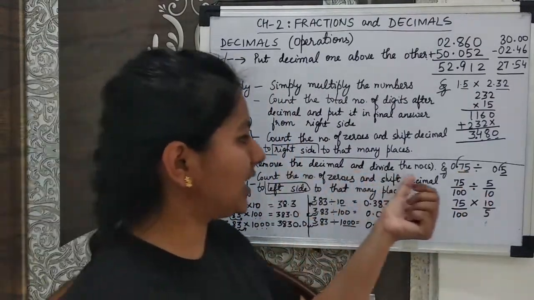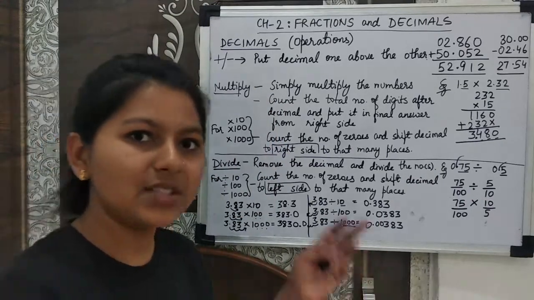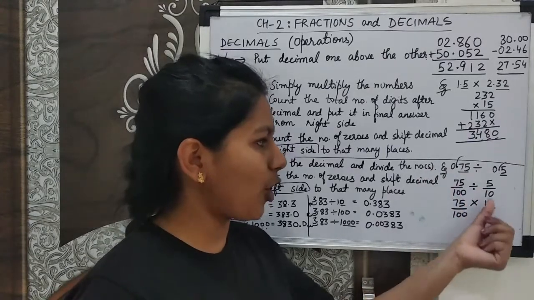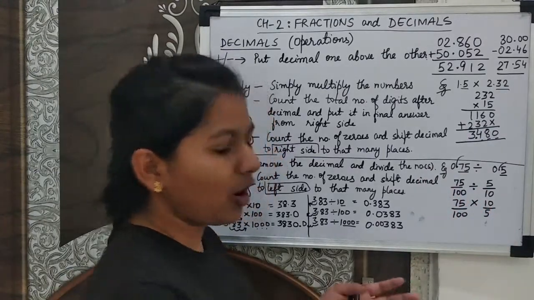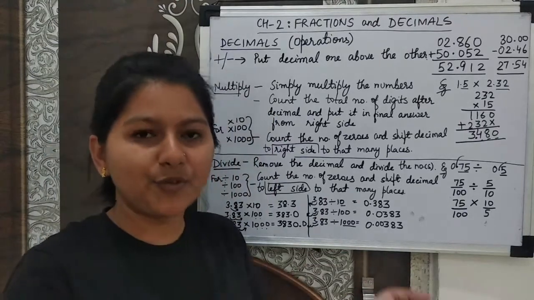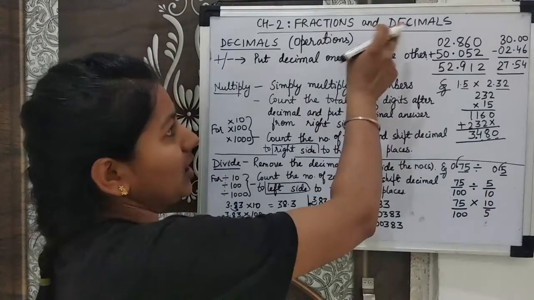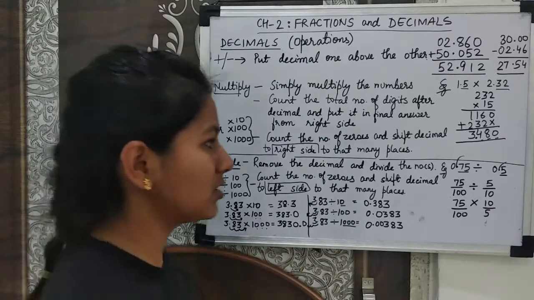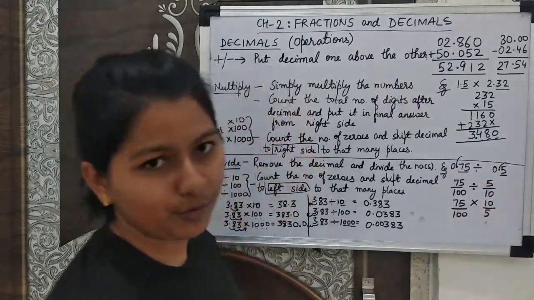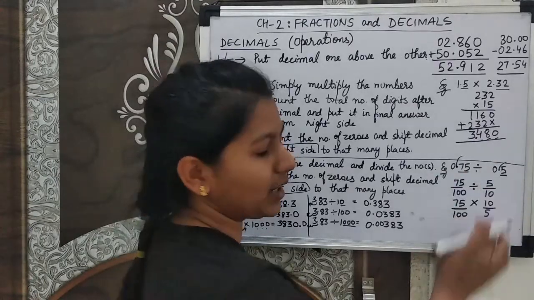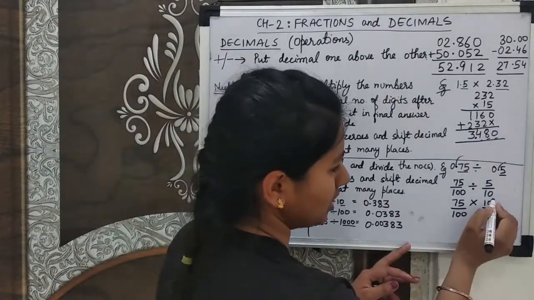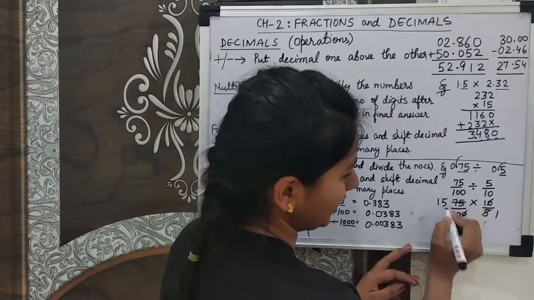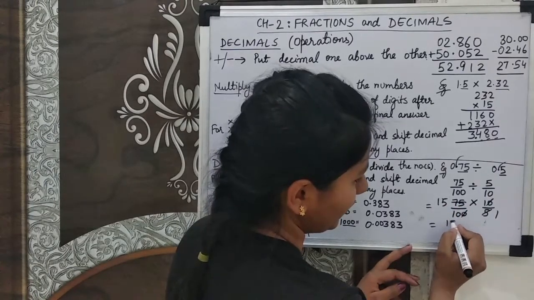Okay, now simply what we have done, we have removed the decimal and now I am dividing the numbers as we are doing it in the case of fraction, because when we are removing the decimal then it is coming in the form of fraction only, or we can say that decimals come from fraction or both are interconvertible। Fraction can be converted to decimals and decimals can be converted to fractions। So these were decimals, I have changed it into fraction। Similarly, fraction can be converted back to decimals also। So now this 0 cancel, 5 ones are 5 and this is 15 times, so it is coming 15/10।